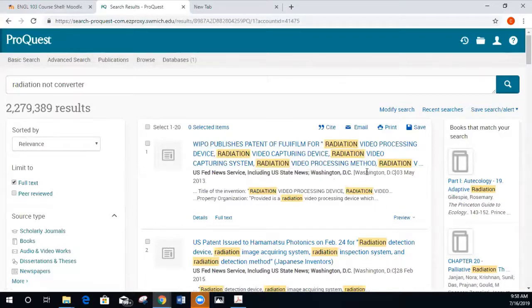So, a quick overview here as I finish up the video. The three Boolean operators you want to make sure that you're remembering are the word AND, to find articles that contain two words within them. The other one is OR, which allows you to create a web that brings in multiple ways of saying the same thing, and then the word NOT, that excludes some words that may not be relevant to your search.